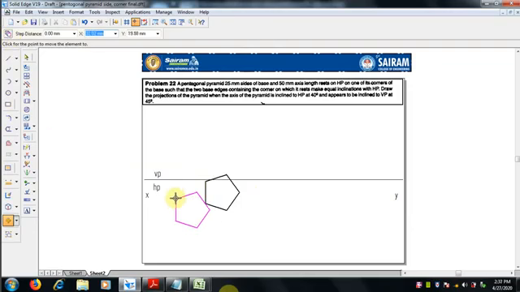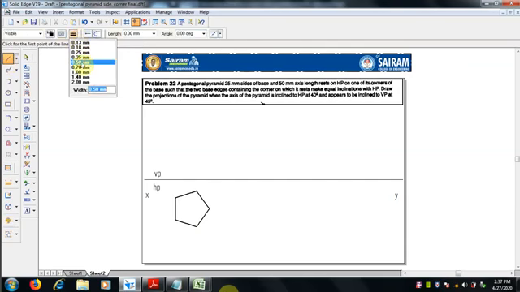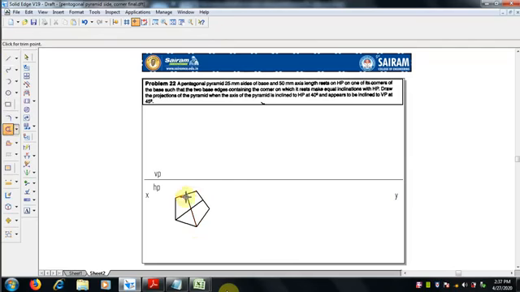So I will just move this here and we have to go for the top view. When we go for the top view, we should first know the apex, the center, and we can join it to each of the corners. This is the top view of the pyramid. Select 0.5 mm thickness and draw the lines from the corners. So now how the pyramid looks from the top, this is what we have done.